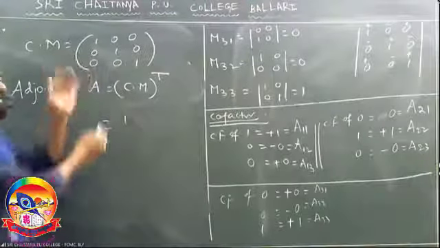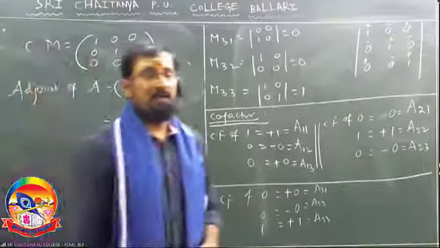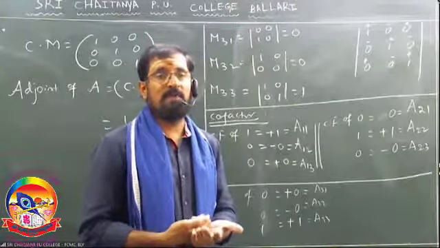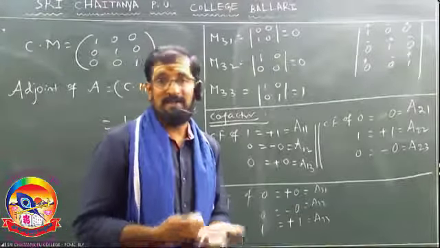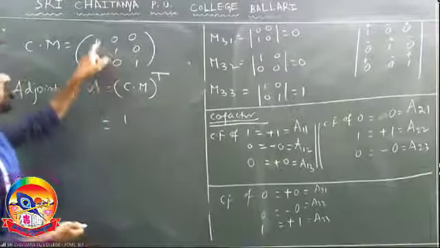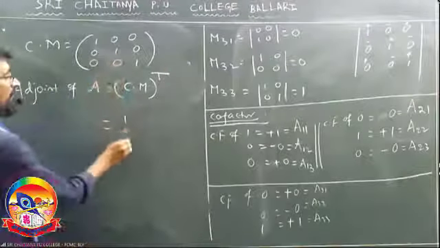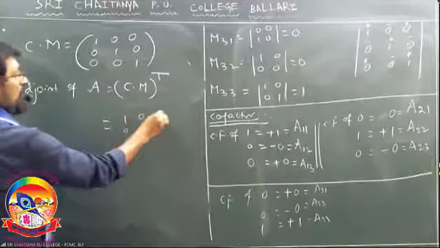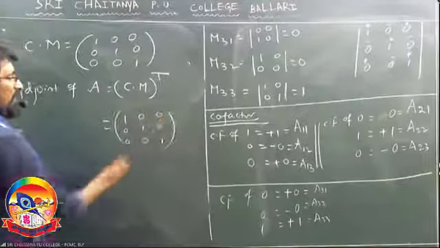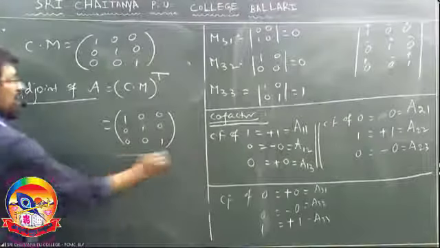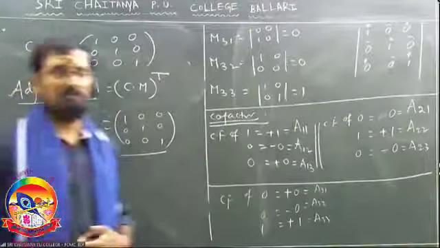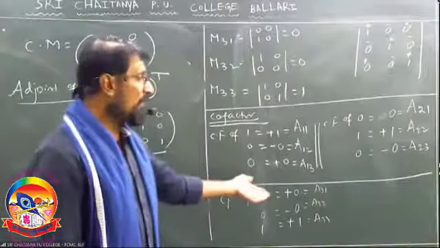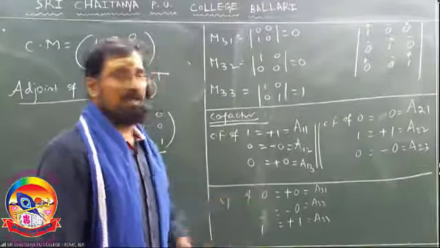Why? Because what is called a transpose of the matrix? Interchanging rows into columns is said to be the transpose of that matrix. If you interchange the first row as first column, second row as second column, the third row as third column, you are going to get the same matrix. So this becomes the adjoint of the matrix. In the next exercise, you are going to get that one. You copy up to only this one, and let us do the next problem.